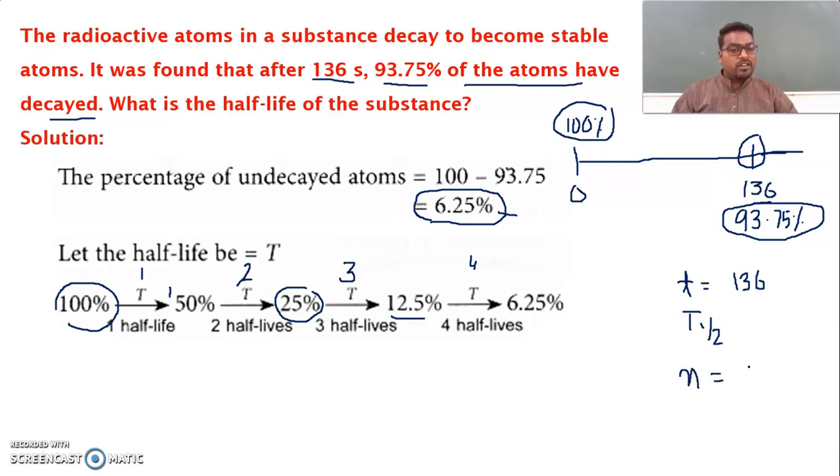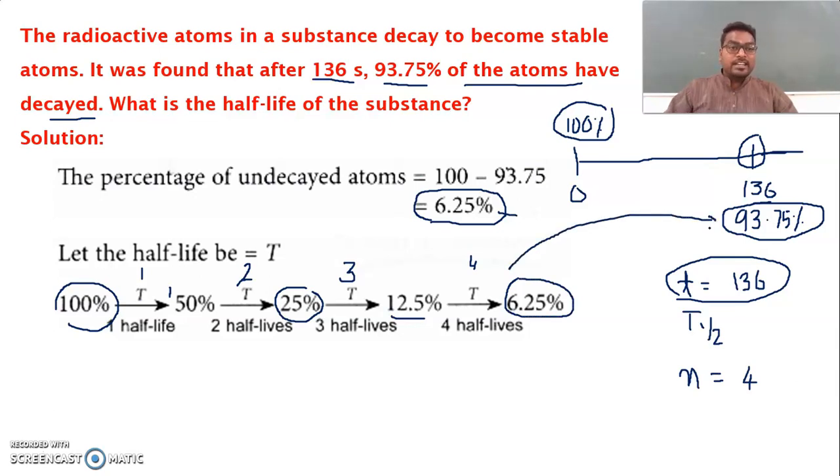The number of half-lives is 4. Now we have the total time taken by the element. After 4 half-lives, 6.25% remains and 93.75% is decayed, destroyed, converted into energy. Got it? So the number of half-lives, small n, is equal to 4 and T is